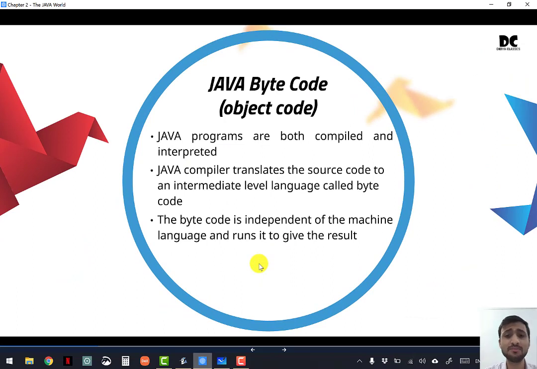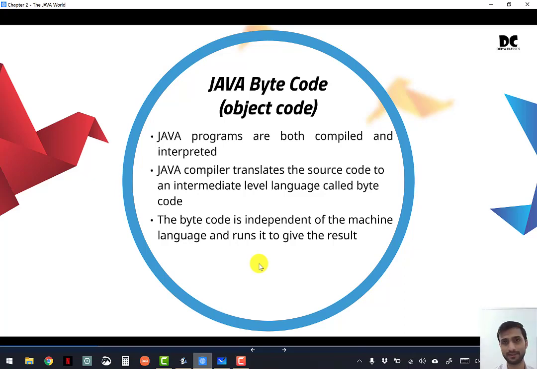Java programs are both compiled and interpreted. Your source code is first compiled with the help of the compiler, and again it is interpreted with the help of the Java virtual machine, the interpreter of Java.